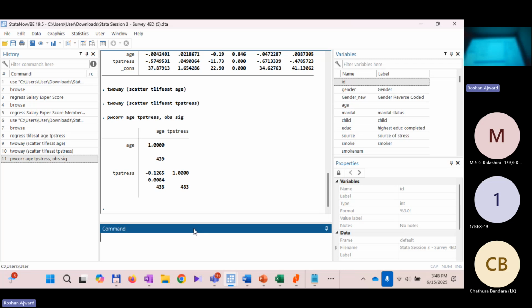Please write down. Since the correlation between age and stress variables is minus 0.1265, which is well below 0.8, it is concluded that